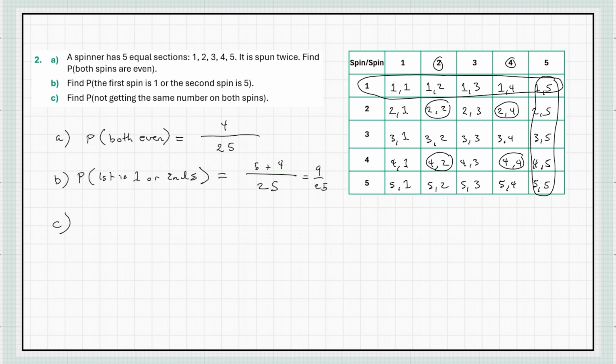Okay, let's look at the last one. The probability of not getting the same number on both spins. So probability of not same. We know it's something out of 25, so 25 possible outcomes. So first up, let's look at where all our numbers are the same. So they're going to be the same everywhere they intersect. So there are 5 values where the numbers are the same. That means there's 20 values where they're not. Alright, if we divide both the top and the bottom by 5, we'll get 4 out of 5 for